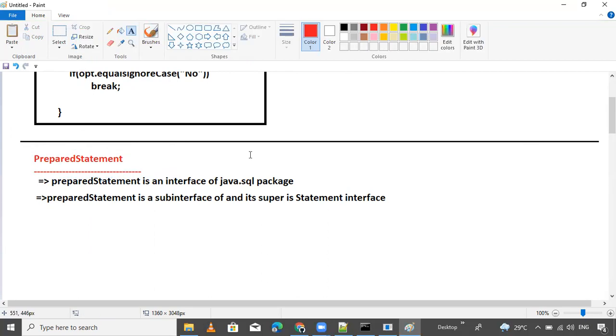Okay. So now, this is the sub interface of statement interface.